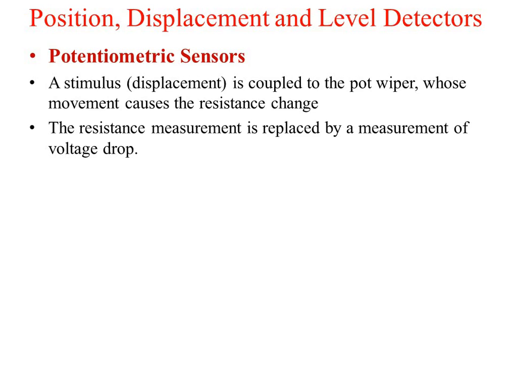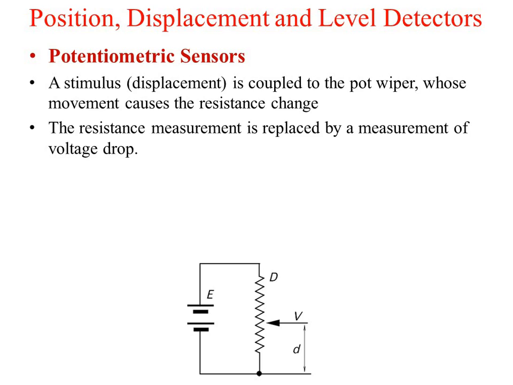So resistance measurement is replaced by the measurement of voltage drop. Whatever the effect may be because of environmental or external factors, such as temperature changing, the resistance is going to change, and other parameters are going to change. So instead of using the resistance, you are measuring the voltage. Resistance will not come into the picture, the voltage will come directly over here.